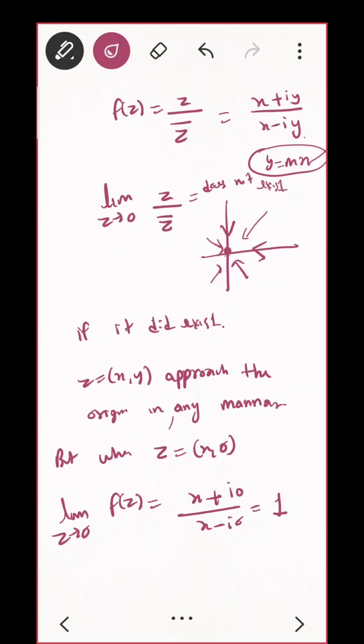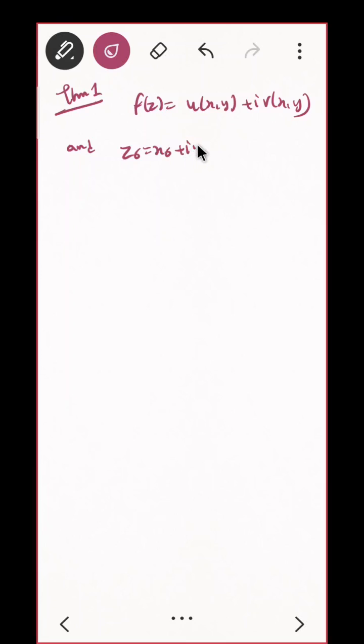Okay. So let us do some theorems on limits. Theorem means there will be the algebra of limits, and the first most important is theorem 1. Suppose f of z equal to u of x comma y plus i v of x comma y, where z equal to x plus iy, and z naught equal to x naught plus i y naught, and w naught equal to u naught plus i v naught. Okay, then